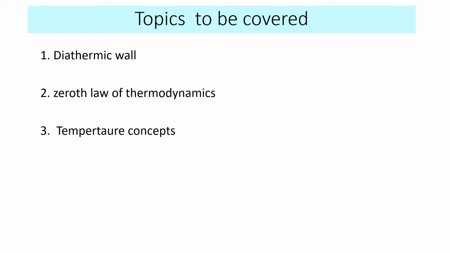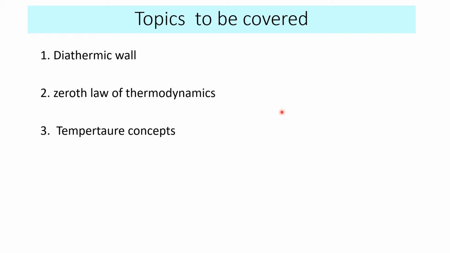So in the previous two classes we have studied what thermodynamics means, what the different applications of thermodynamics are, what a system is, what surroundings are, and the boundary. What are the different types of systems? We have studied closed system, open system, isolated system. Then we studied the properties of the system: intensive property, extensive properties, specific properties.